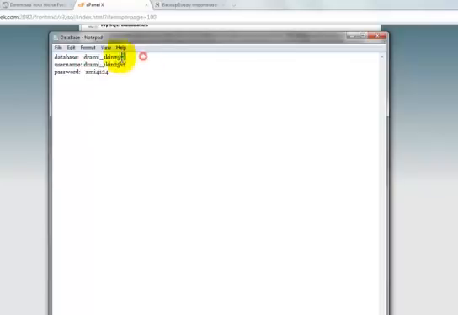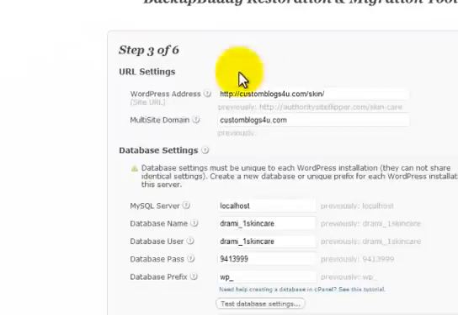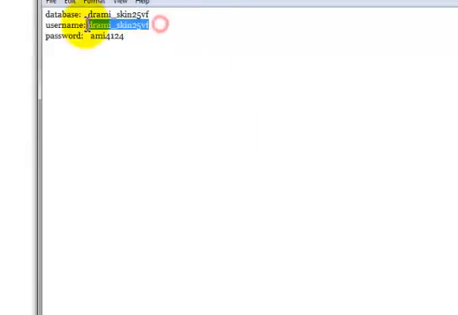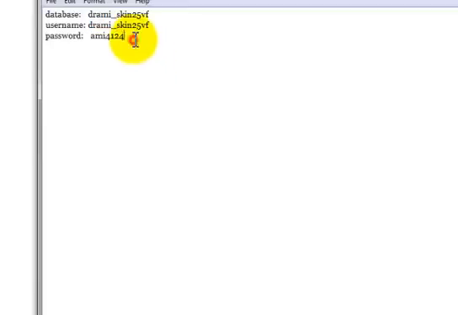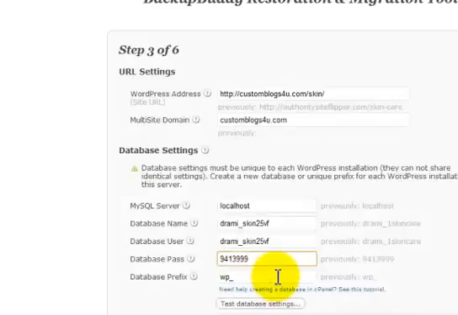Okay, just copy your database and paste it here in database name. Copy your username, paste it here in the database user, and copy your password and paste it here.